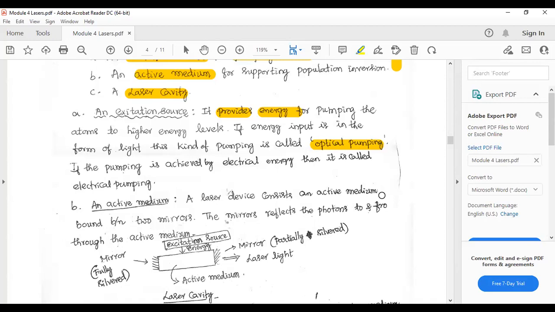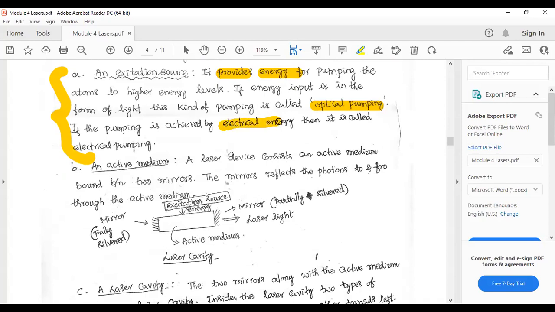Okay, ruby laser and flash lasers, and there are a variety of lasers. In a few, they use this optical pumping mechanism. They will wrap an additional photon source on the material, and that photon source will excite the atoms of the carbon dioxide or semiconductor material. Okay, and this is all about the excitation source.